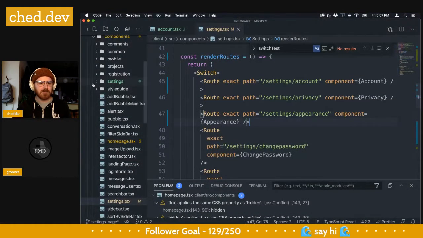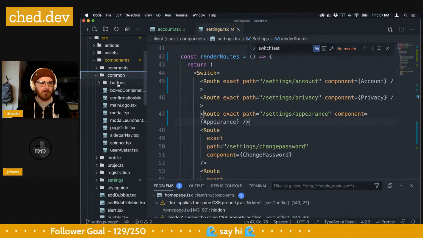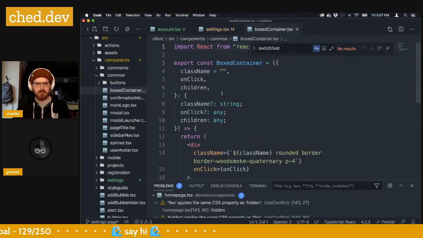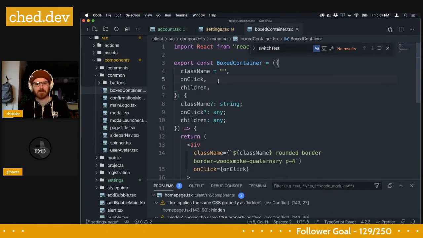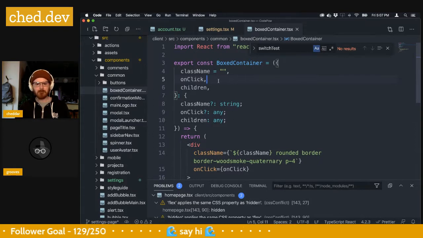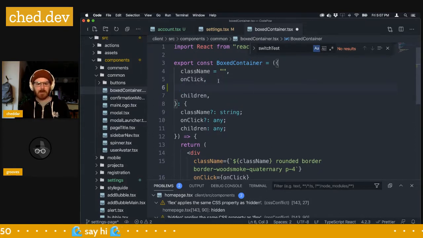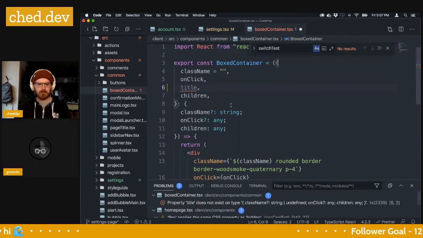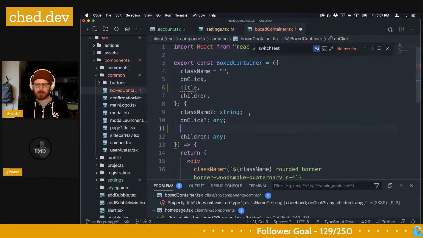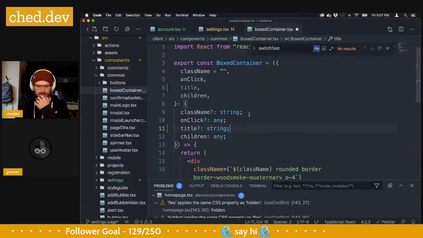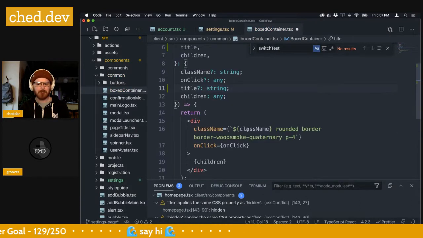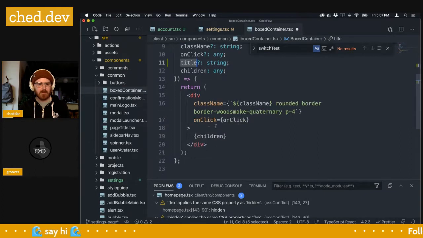So in our styles here, I have a boxed container. Right now it doesn't have a title to it. I'm going to add one, and it's going to be optional. It's going to be a string. So if you have a title,